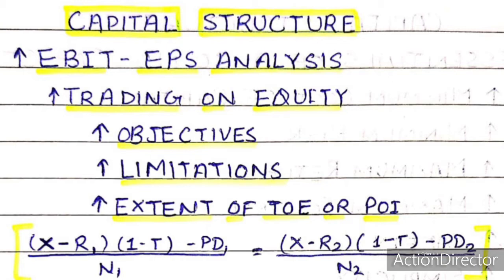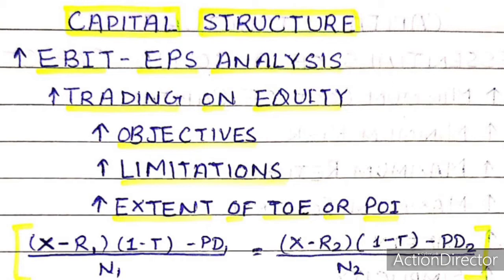Preference shares and debentures both are fixed cost bearing securities for the company as it has to pay a fixed rate of dividend or interest as the case may be. On the other hand, equity shares are treated as variable cost bearing security as the company will pay dividend on them only in case of sufficient profits.